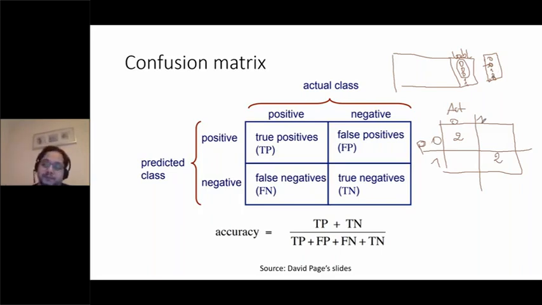So 2. How many class 1 were mispredicted? Class 1 were not correctly predicted. That's 1. And how many class 0 were mispredicted? 1 as well. So this is how we plot a confusion matrix,